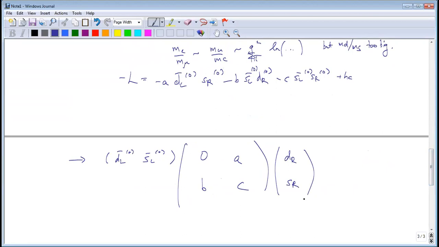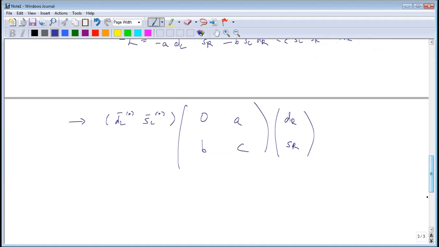And generally what will happen if you diagonalize such a matrix is that the mixing angle, which is the Cabibbo angle in this case, is just going to be some function of the ratios A over C and B over C, right? Because you could always pull a common factor C out. So the mixings are only going to be dependent on that ratio. Then he says, here's where we start making special structure assumptions. Suppose